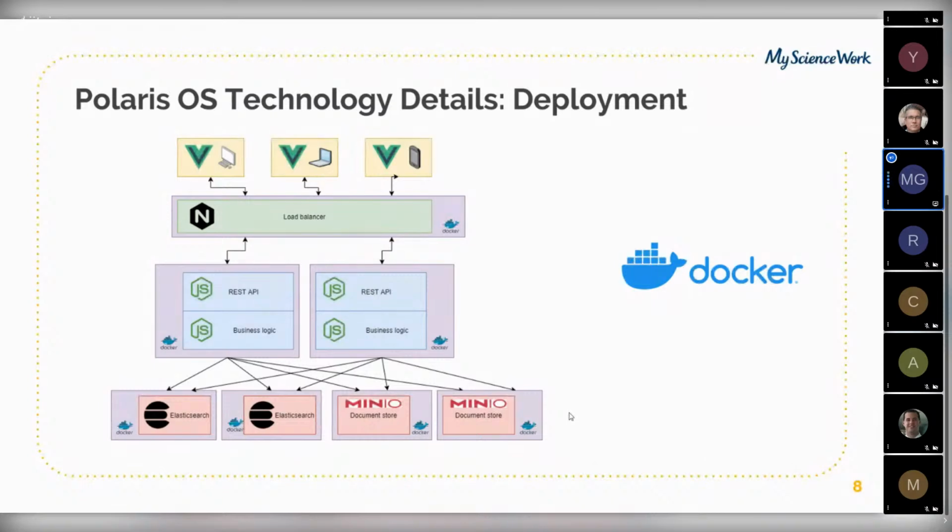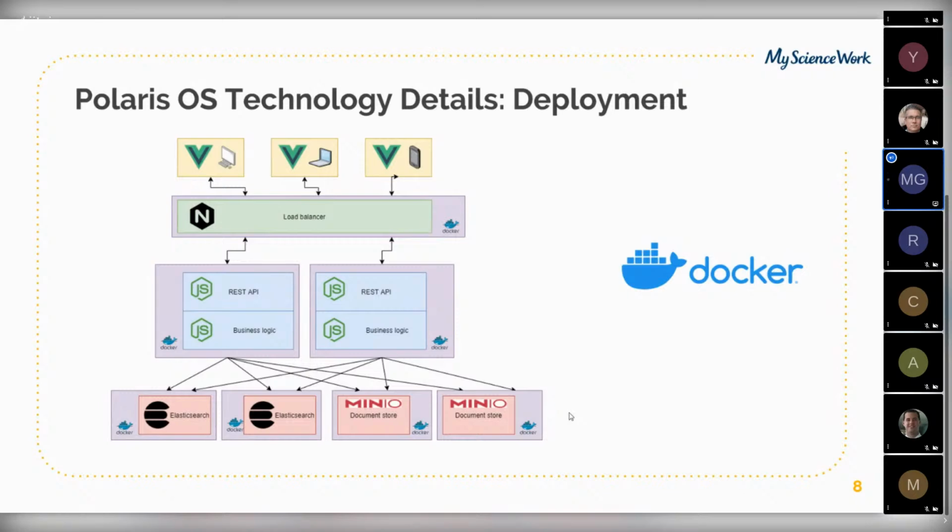So we are going to have one image of Elasticsearch, and that image can be used. Normally, we say there are at least 3 instances of Elasticsearch to ensure all the data is well kept and managed. We have 1 or 2 instances of Minio, it depends on each installation, and then on top of that,